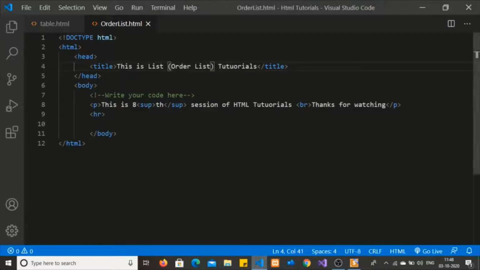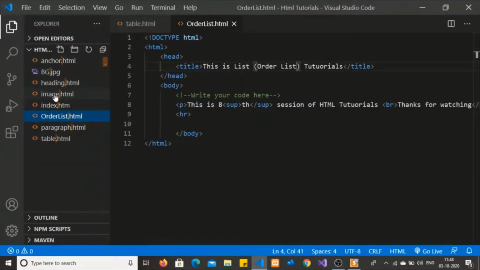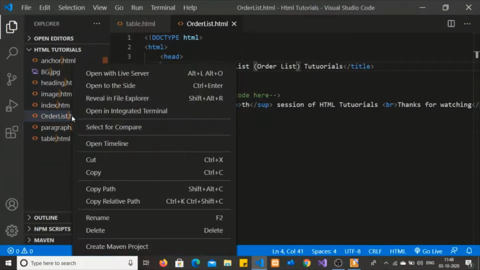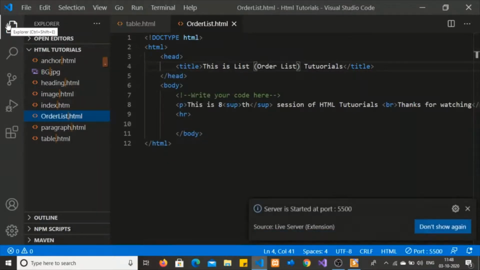I created the ordered list.html document for this session. Let's save this document and run it in the live server so that we can see the output without refreshing the page. We just need to save the document. This document is completely blank.